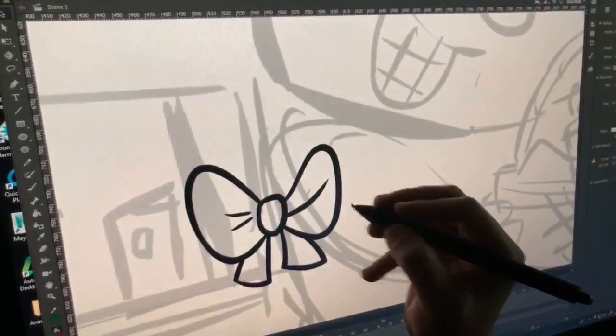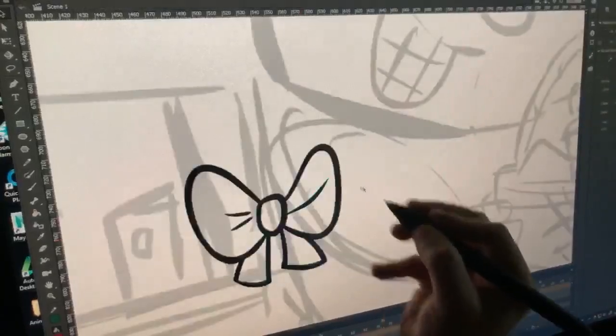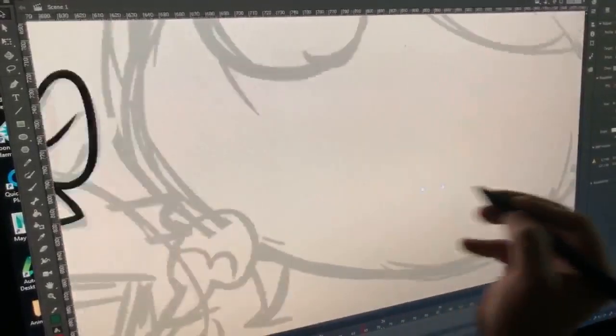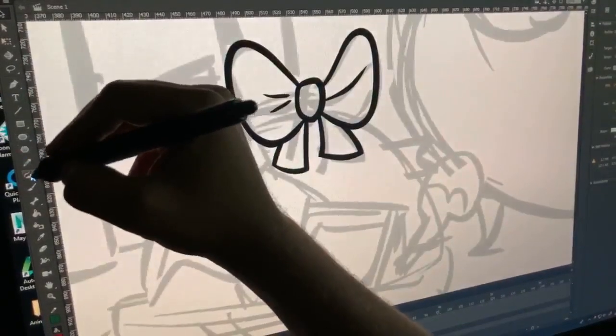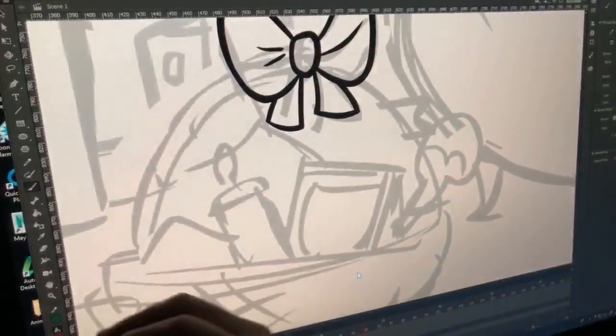Okay, this is good. So in here we're gonna have a little pacifier, or not a pacifier, a milk bottle.